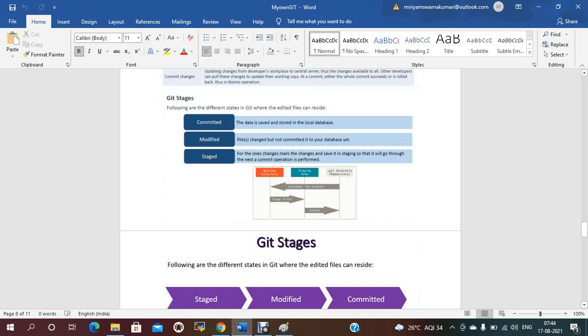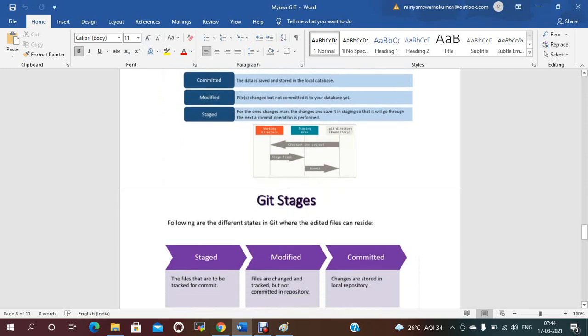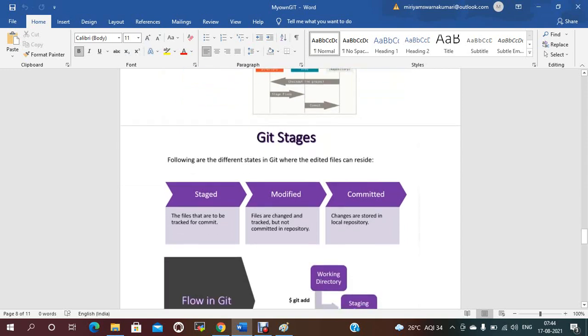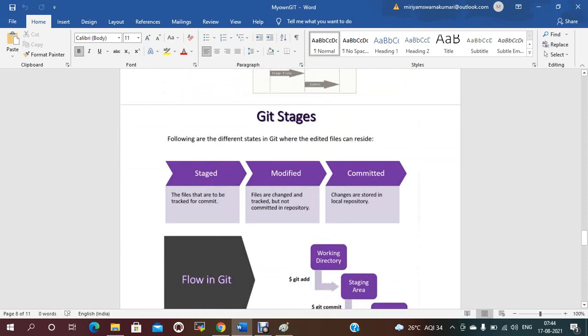There are three stages in a local repository. When you add some files, you first need to do git add, which puts them in the staging area, then git commit, for which you provide a commit message. Until then, the change is in our working area. So we have three stages: working area, staging area, and local repository or Git directory, which correspond to modified, staged and committed. These files are tracked by commit, so whenever you commit, it is tracked by a commit ID.